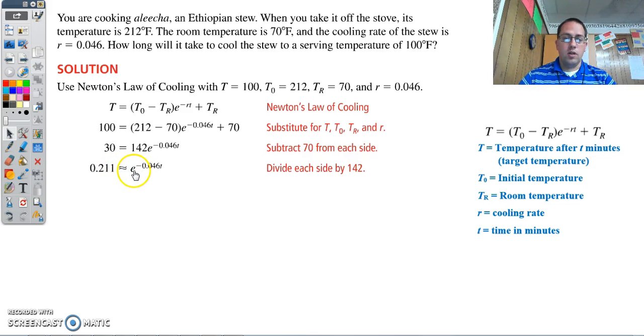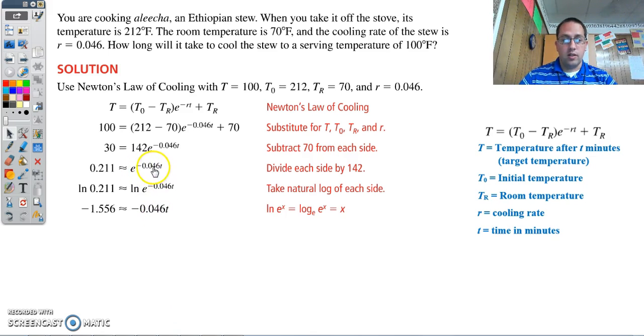Then we have to get rid of this e, so we get our t out of the exponent. Technically, what we're doing is taking the natural log of both sides. That's log base e, right? Effectively we're just writing this as a logarithm. The natural log of 0.211 equals that. The exponent becomes our answer. Now I want to get t by itself, so we divide both sides by negative 0.046,